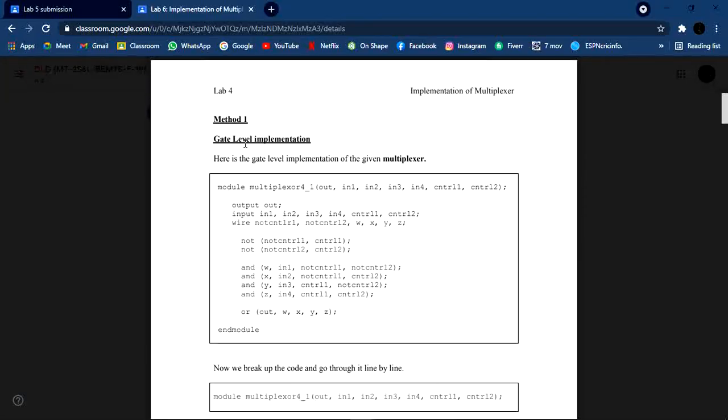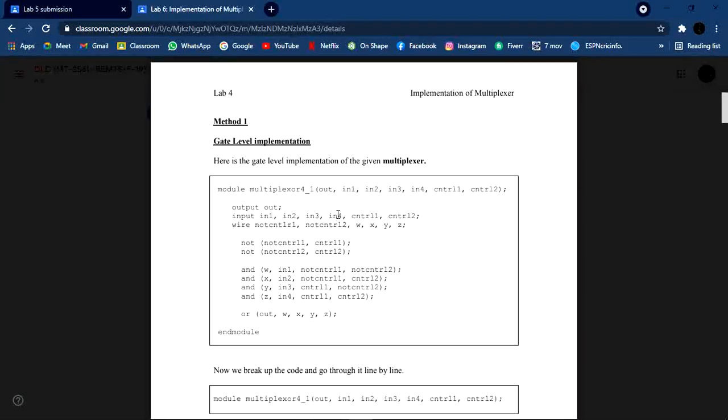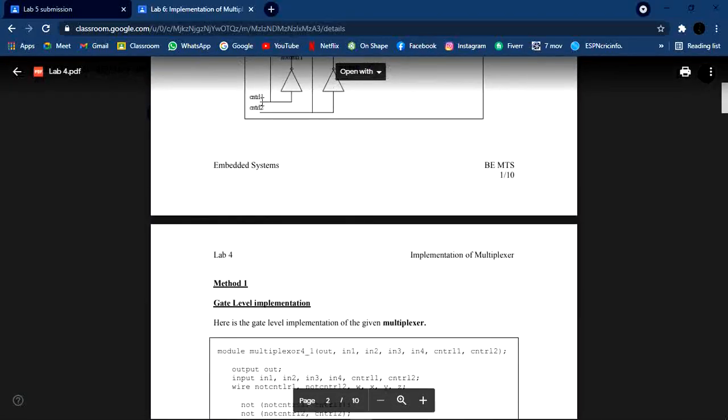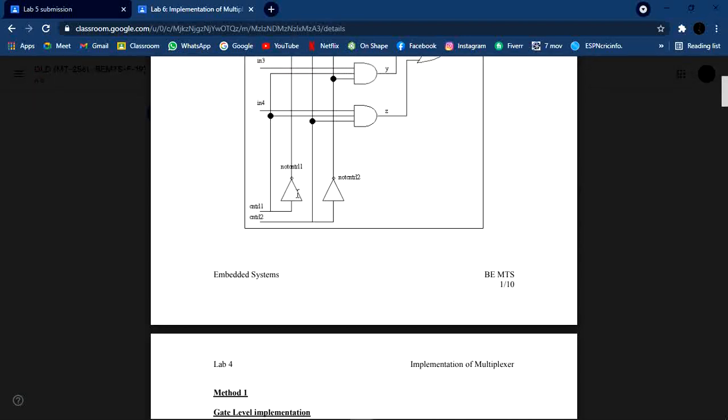In gate level implementation, first of all, after declaring all the inputs and outputs in the module of multiplexer mux, we have to declare output and input separately, and after that we have to declare the wires which represent our selection lines, which are not control 1 and not control 2. These two are our selection lines, control 1 and control 2, which give us a response after passing through a NOT gate, and it gives us two responses, which are not control 1 and not control 2.